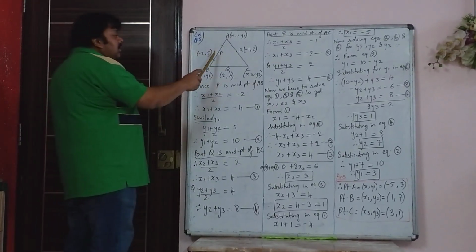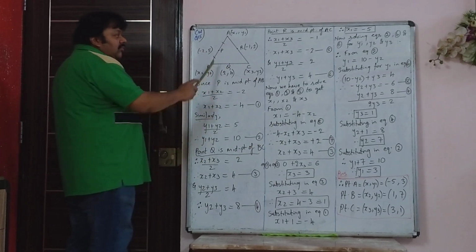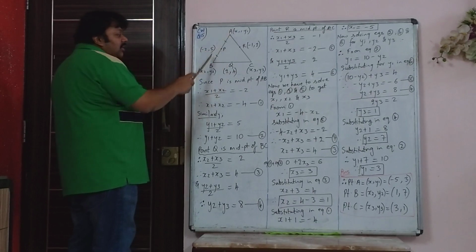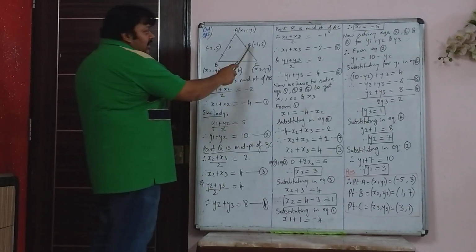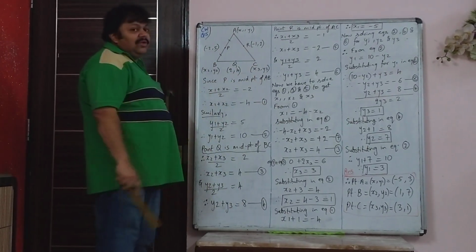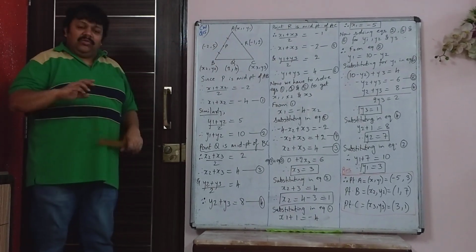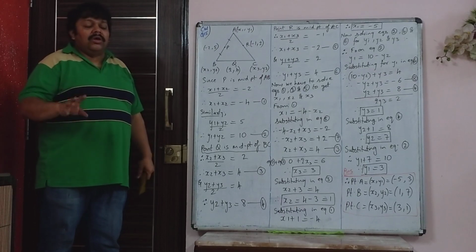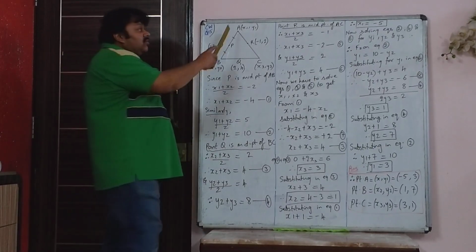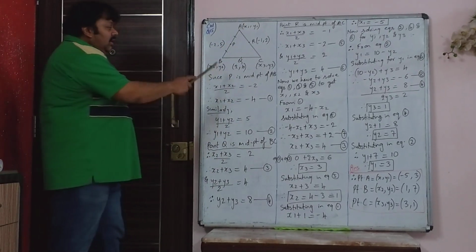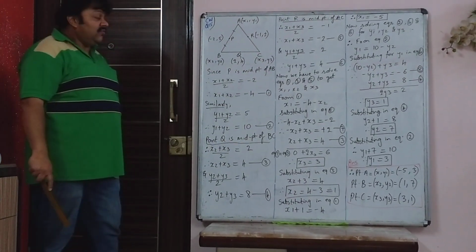Now you are given that P, Q, R are 3 midpoints of triangle ABC. P(minus 2, 5) is midpoint of AB. Q(2, 4) is midpoint of BC. And R(minus 1, 2) is midpoint of AC. So you know that P, Q, R are midpoints of AB, BC and AC. So basically you are going to use midpoint formula only, not midpoint theorem. And you are supposed to find x1, y1, that is coordinates of A, x2, y2, that is coordinates of B, and x3, y3, that is coordinates of C.